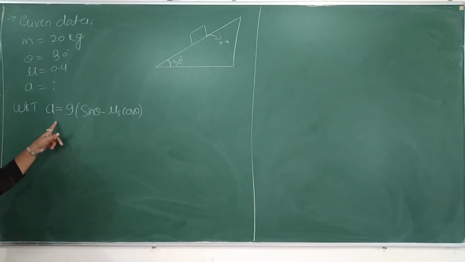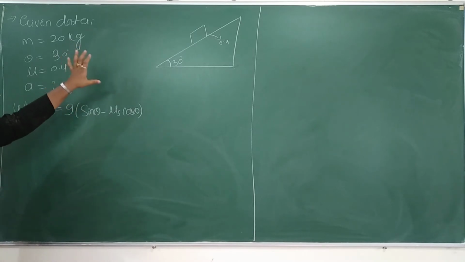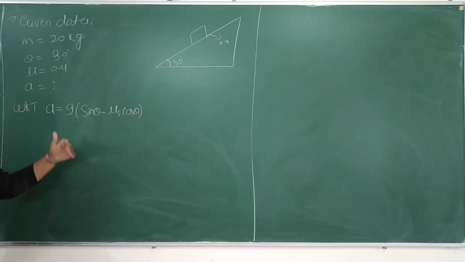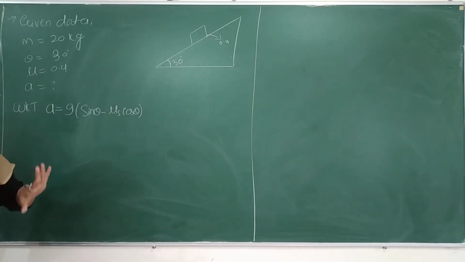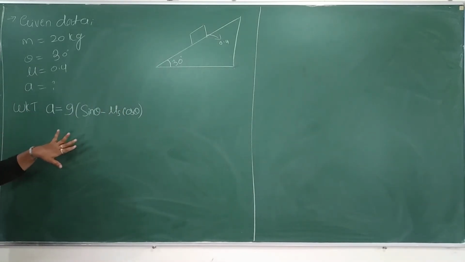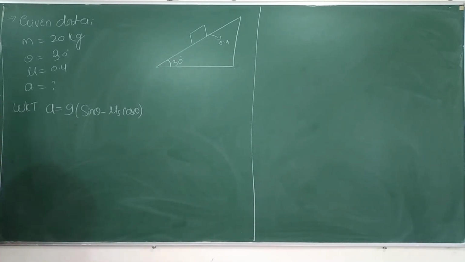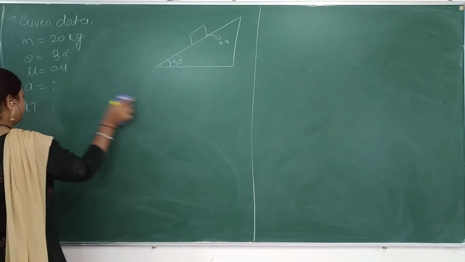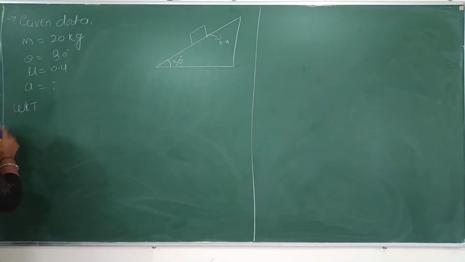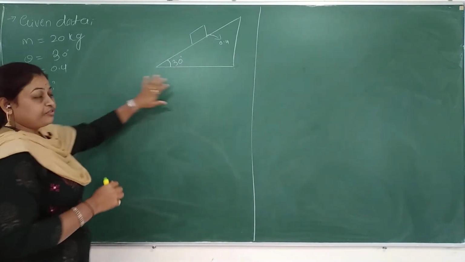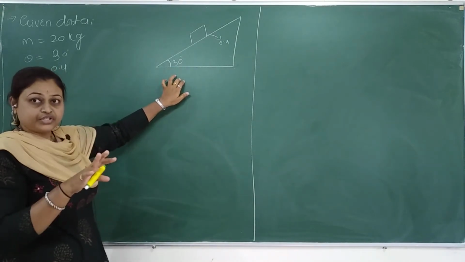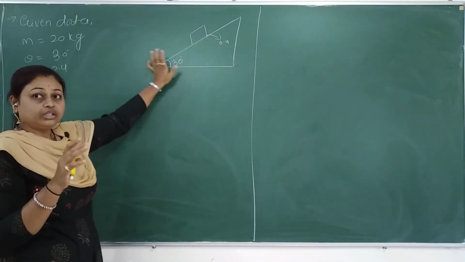So to find the acceleration, if a box is moving on an inclined plane, that is downward, the direct formula is g sin theta minus mu s cos theta. Suppose if you don't know the formula, if you have forgotten the formula, how to calculate? Just look at the board, all of you. Concentrate here. Just draw the free body diagram according to the question. Read the question properly and draw the diagram.